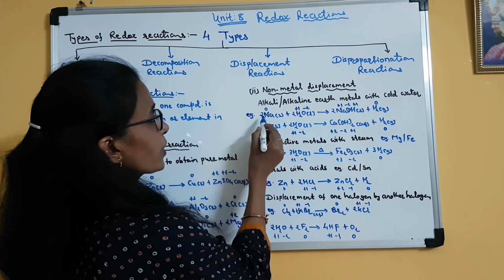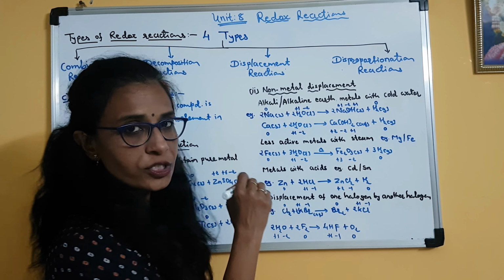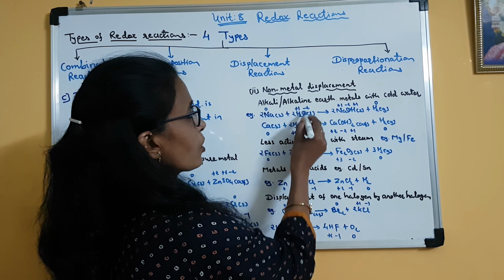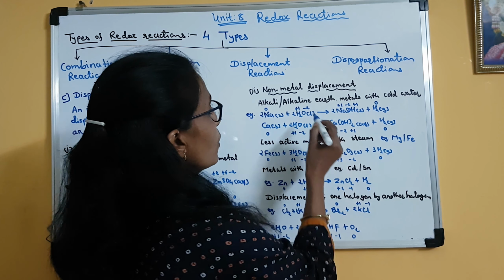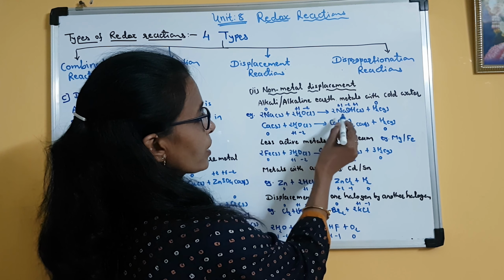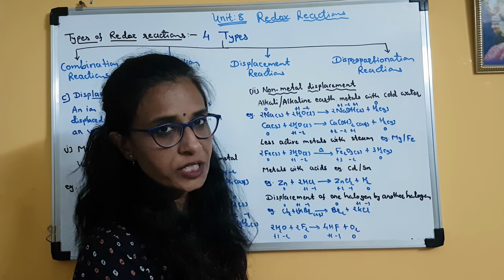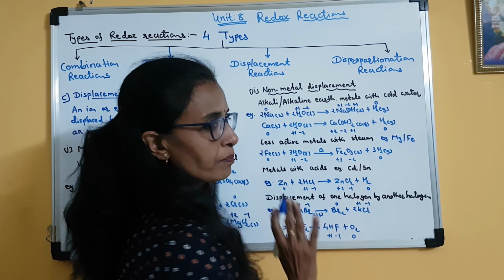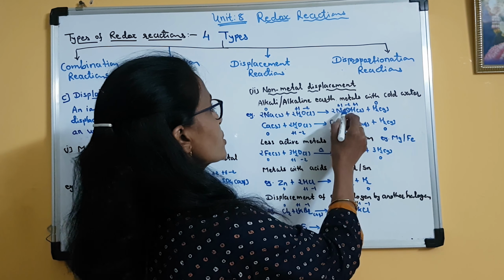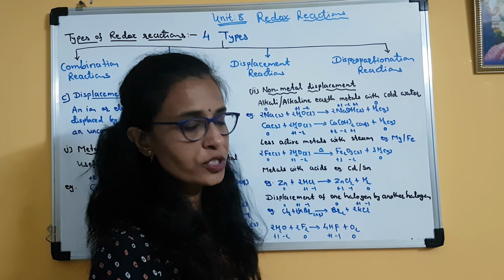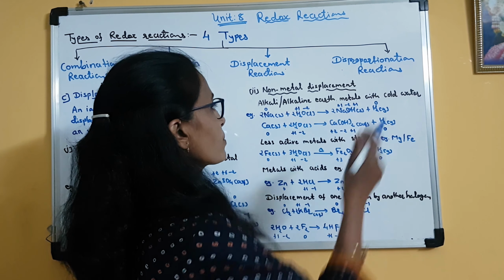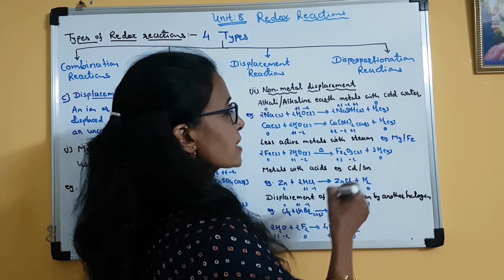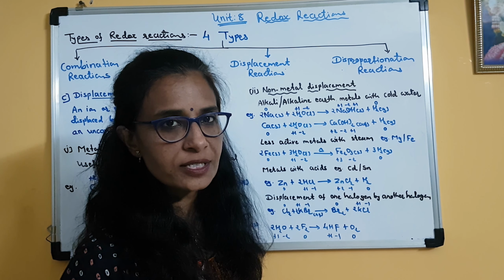Clear? So here you can see sodium is in 0 oxidation state because in elemental form. In water, hydrogen +1, oxygen -2. Clear? When sodium combines with water, it will form its own hydroxide, that is NaOH. Now in NaOH, sodium remains same, +1 oxidation state. Oxygen also remains same, -2 oxidation state. And hydrogen also remains same, that is +1 oxidation state. But when hydrogen gas is released, it is in 0 oxidation state.